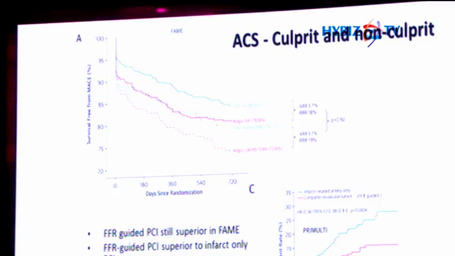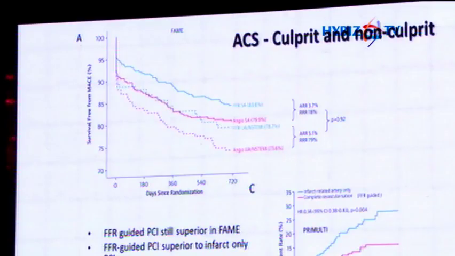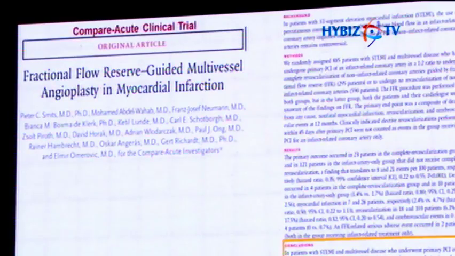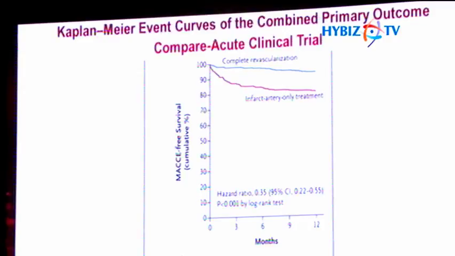On the left side, on the upper hand, is the data from FAME looking at patients with unstable angina and stable angina, and you can see that the FFR-guided revascularization was better, even in unstable patients, and complete revascularization was better than incomplete revascularization. Compare Acute, which was presented last year, specifically looked at an FFR-guided complete revascularization in the non-infarct-related artery that led to a better outcome of these patients than just plain old angiographic-guided revascularization in these patients,